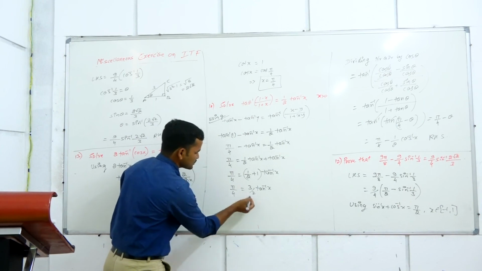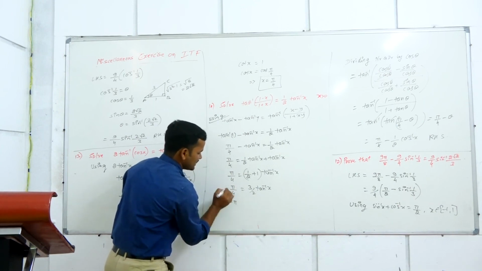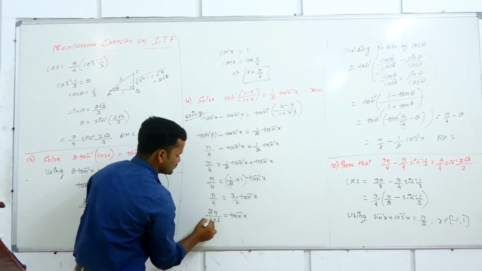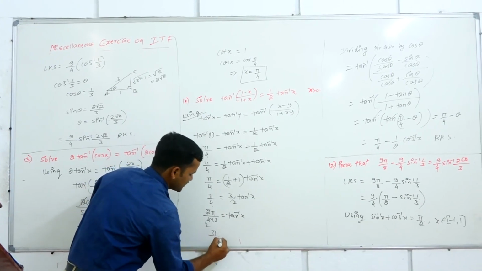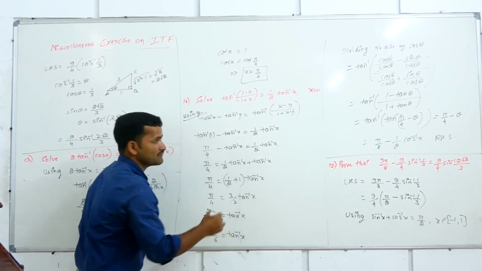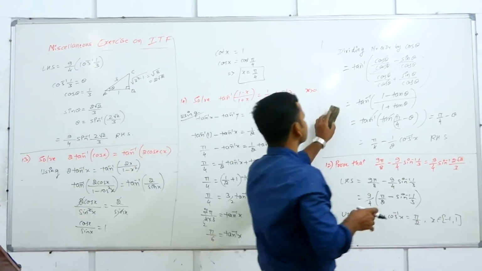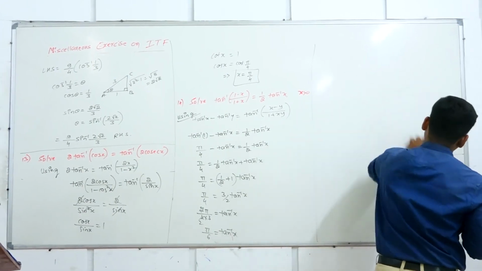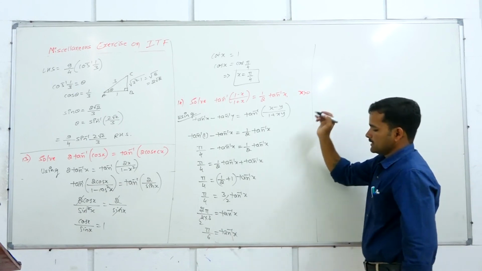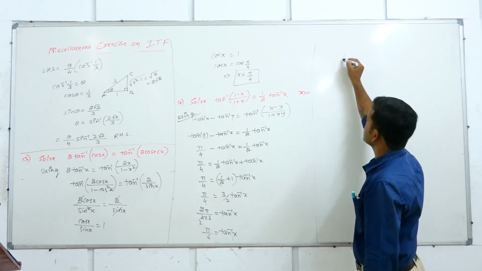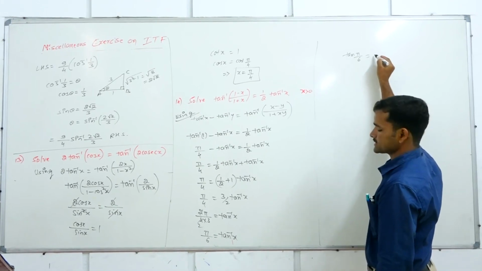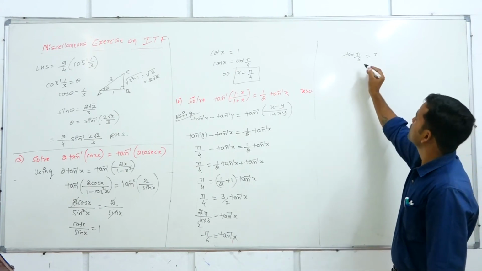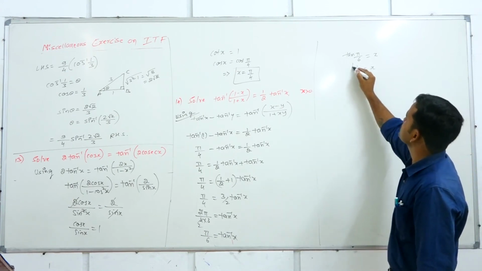Take this term to the left hand side. It is 2 pi by 4 into 3, which is equal to tan inverse of x. 2 ones are 2, 2 twos are 4, so it becomes pi by 6. Pi by 6 is equal to tan inverse of x. That can be written as tan pi by 6 is equal to x. Tan pi by 6 means tan 30 degree. Tan 30 degree value is 1 by root 3. So x is equal